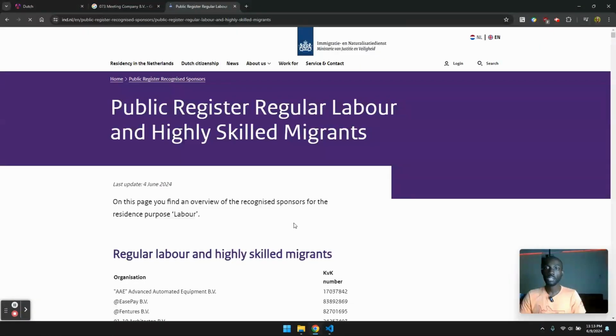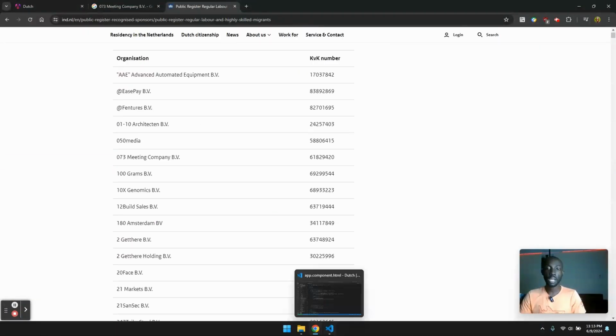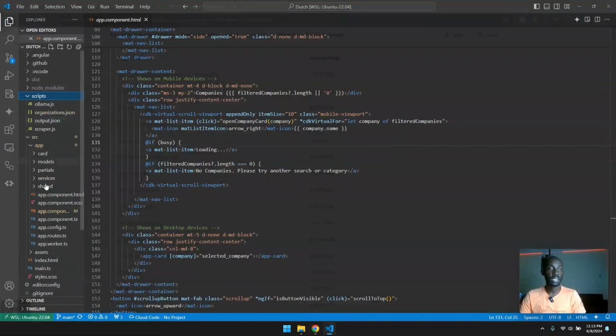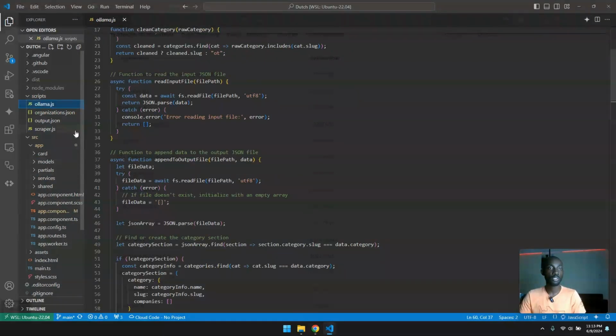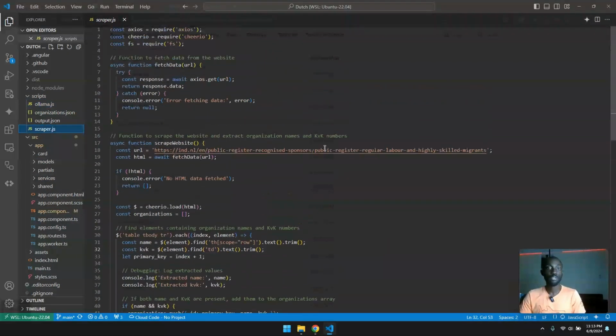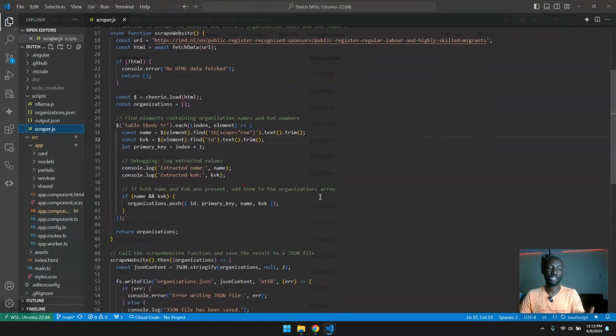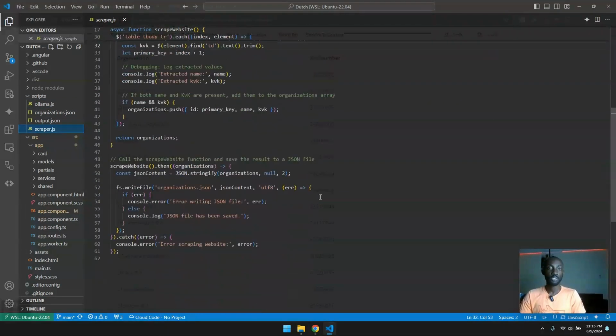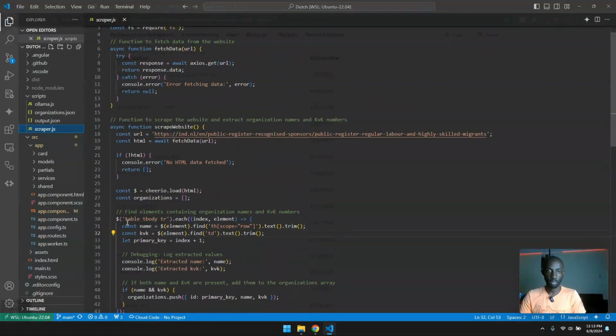Okay, so yeah, this is their website. I needed to grab all the items, and that is done in the script folder. So I have a scraper, and this is run manually using Node.js or whatever. You run this, and it queries